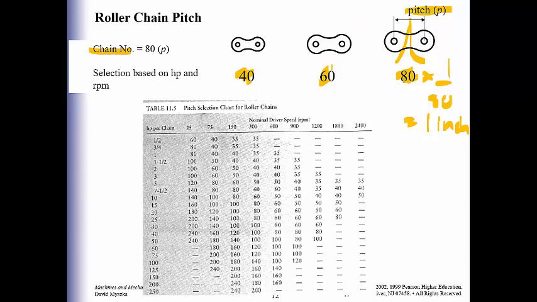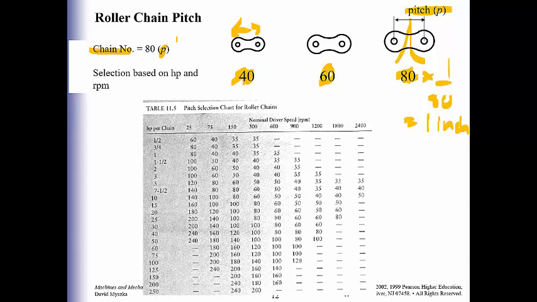So if it's 60, multiply by 1 over 80, and you get 6 over 8, or 3 over 4, and that would be 0.75 of an inch. And 40 would be half an inch, and that would be the distance between the two pins. So keep in mind what these numbers mean. The chain numbers multiplied by the actual pitch distance,